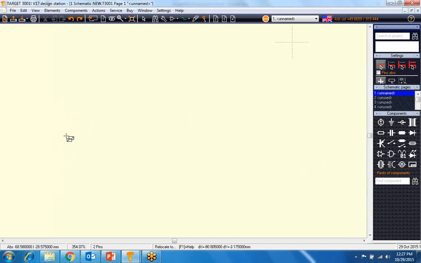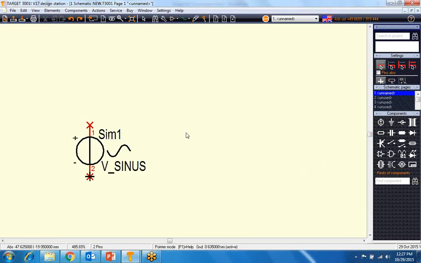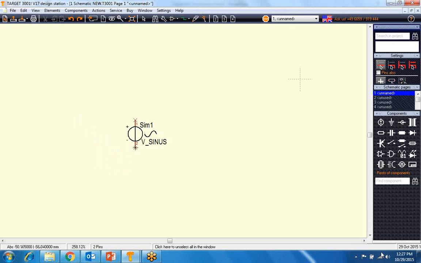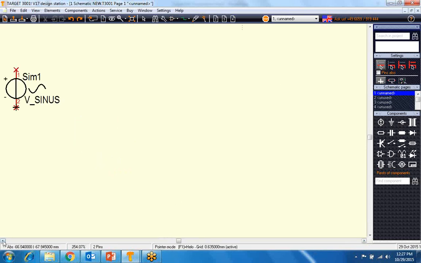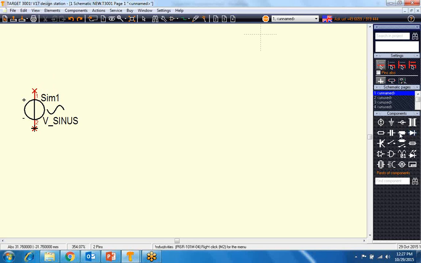Like I just place this sine wave voltage. Then we can place a rectifier here.